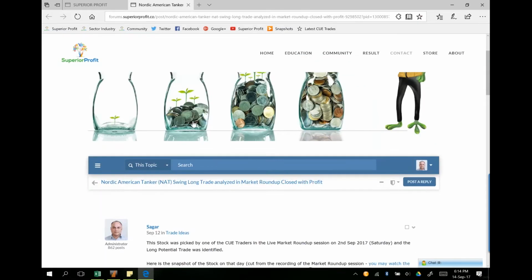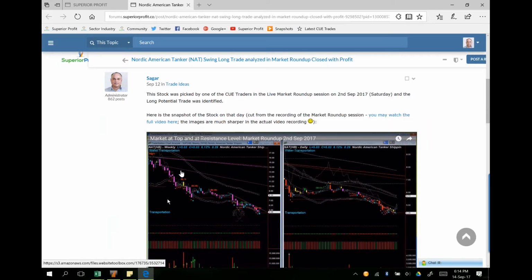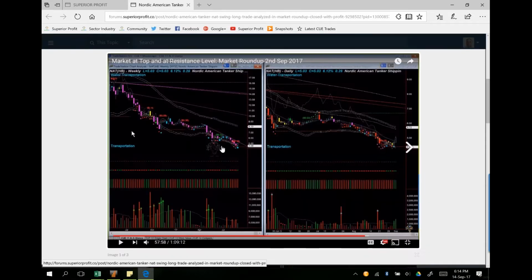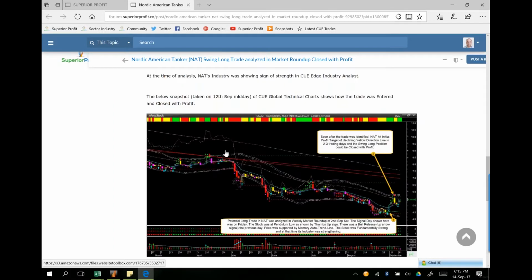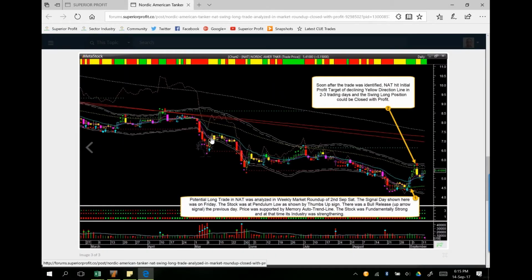In our community, when I share a trade idea, I always like to post the chart based on which I identified the trade. This was a chart of NAT, or Nordic American Tanker. It is actually a snapshot from our weekly market roundup that was conducted on 2nd September 2017. Because it is a cut and paste from the YouTube video that was conducted at that time, I will not look at that chart, but let me explain how the trade was identified using the follow-up chart. You may watch the YouTube video from our YouTube channel after this session. Maybe you want to fall asleep. Okay, coming back to NAT,